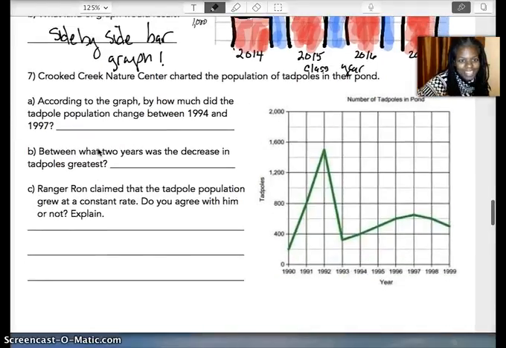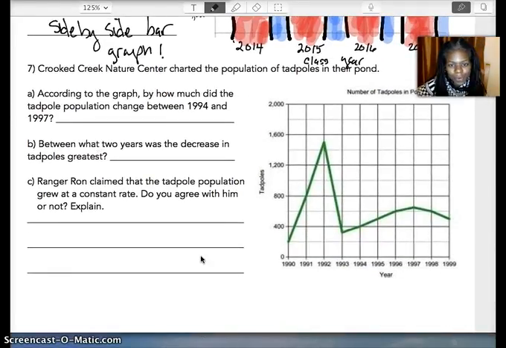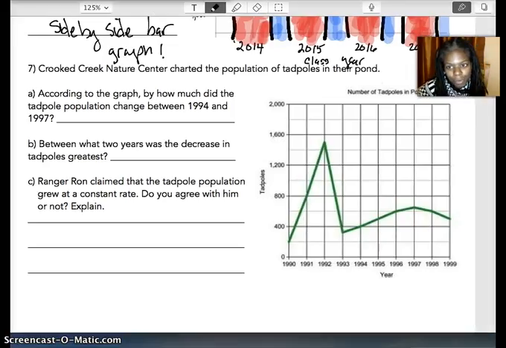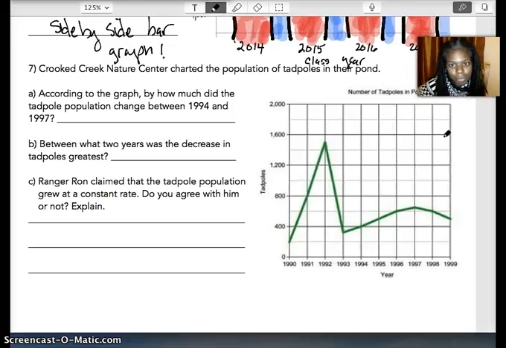Okay, so let's look at number 7. Again, this chart shows something interesting, so we want to make sure we understand what we're looking at. The chart is showing the number of tadpoles in a pond, and according to the graph, by how much did the tadpole population change from 1994, so we're looking at this date, to 1997? When we look at change, we want to look at the difference between the values. So the value here is about 400, and the value here looks like